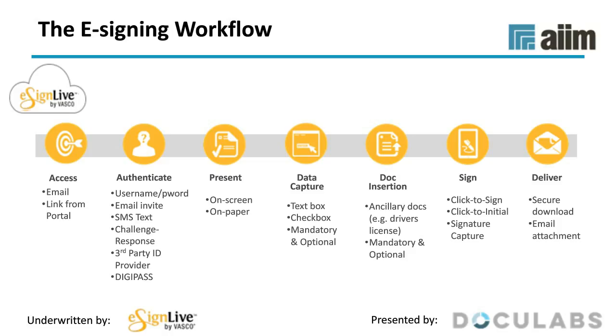signing the document. This is the step that most people associate with e-signature solutions. There are several options here. You can click to sign, or use handwritten signature capture on a signature pad or a tablet or a touch screen. Now with eSign Live, you can select the capture method that is most appropriate for each specific user. And then the last step is document delivery. The documents are delivered to your back-end system, and your customer receives an email with the eSign document as an attachment or with a link to where they can securely download the document. And there you have an example of a typical e-signing workflow.